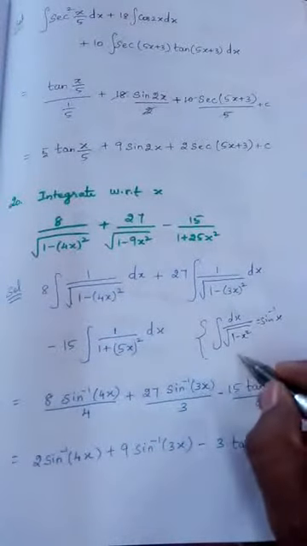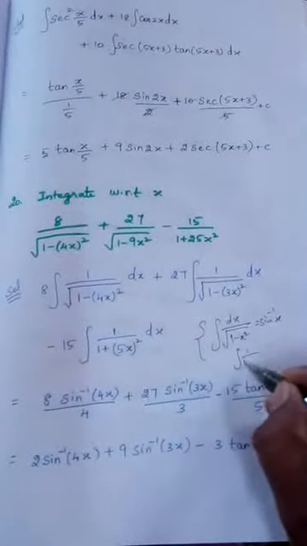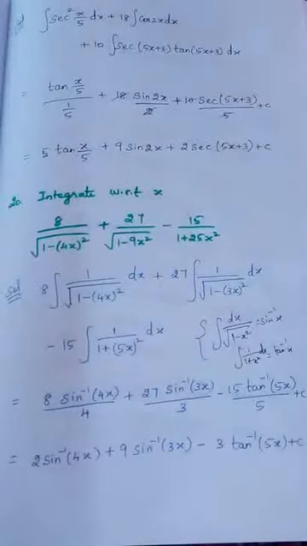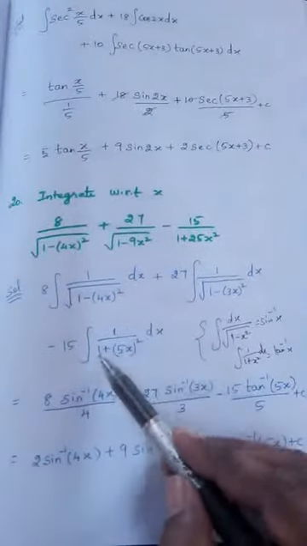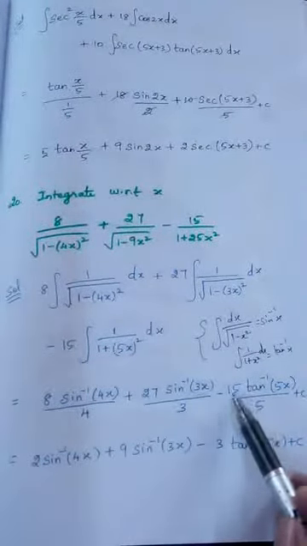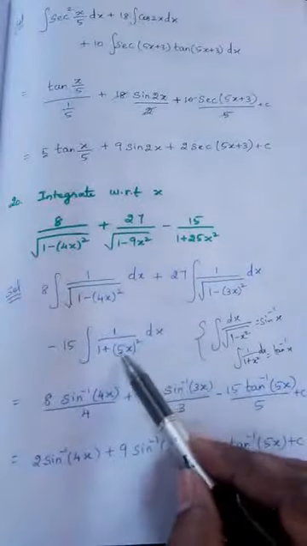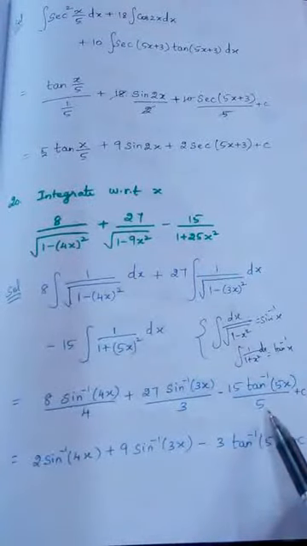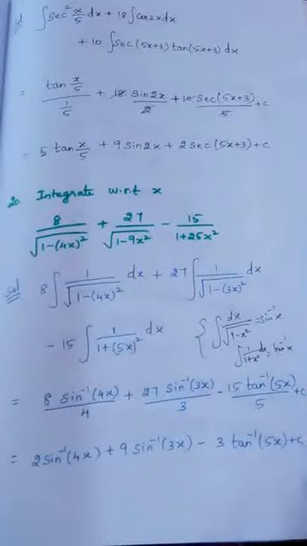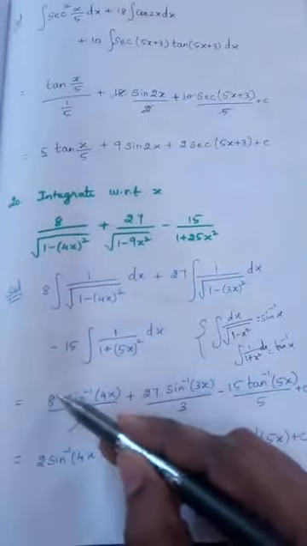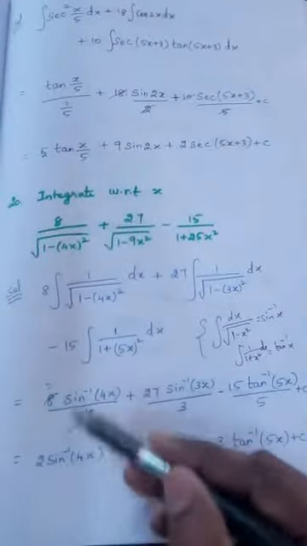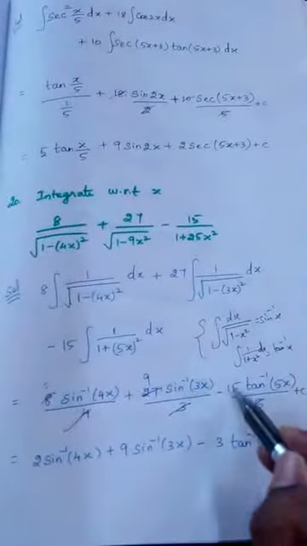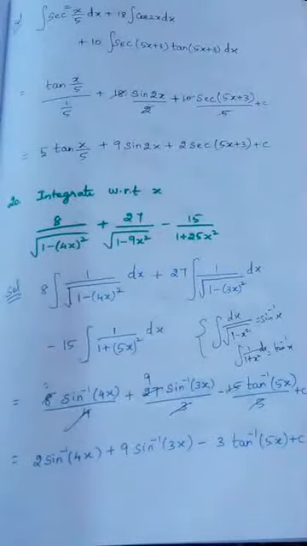This is another formula that we should know, integral 1 by 1 plus x square dx is equal to tan inverse x. So 1 by 1 plus x square, write the answer as 15 tan inverse 5x, but in place of x, 5x is present, so differentiating, 5 will come, write that in the denominator, plus integration constant. Now cancel and write the remaining, 4 will get cancelled with 8, so becomes 2, 27 gets cancelled, 9 will come, 15 gets cancelled with 5, 3 will come, plus C is the final answer.